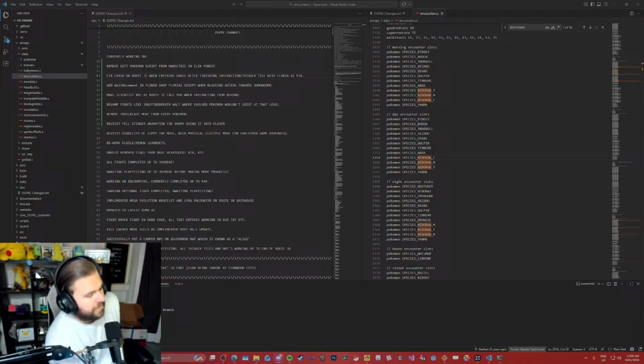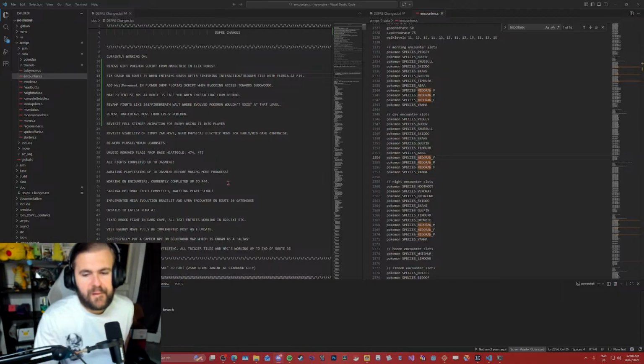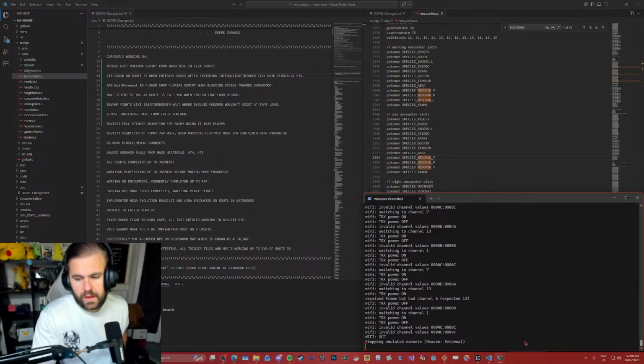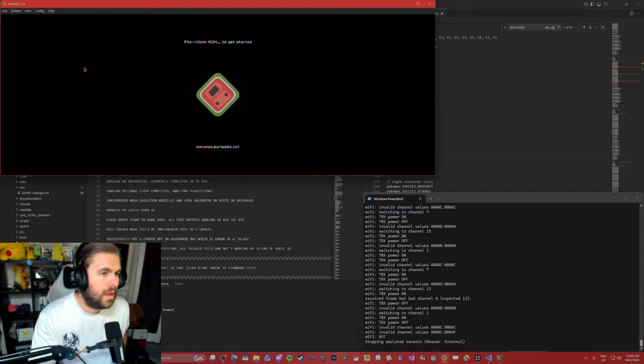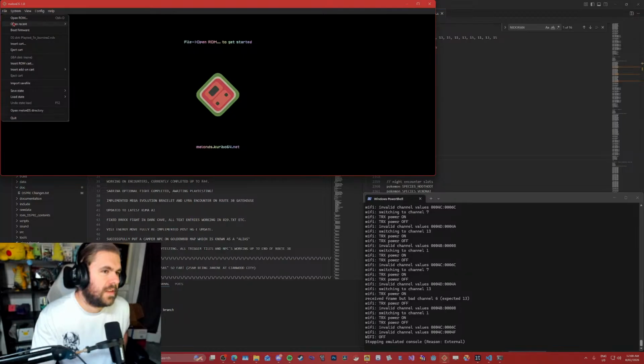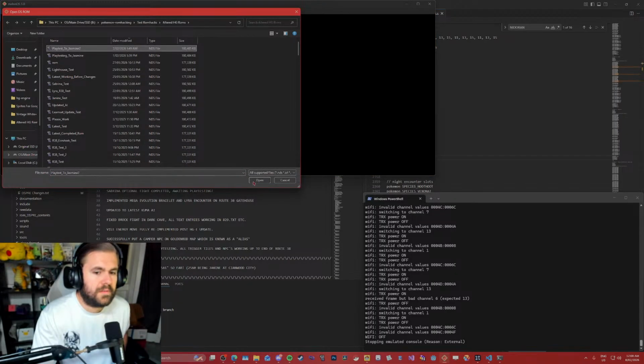But I just don't know how to debug this. So that's the thing. Unless I just see if it happens in the menu, maybe? I don't know.